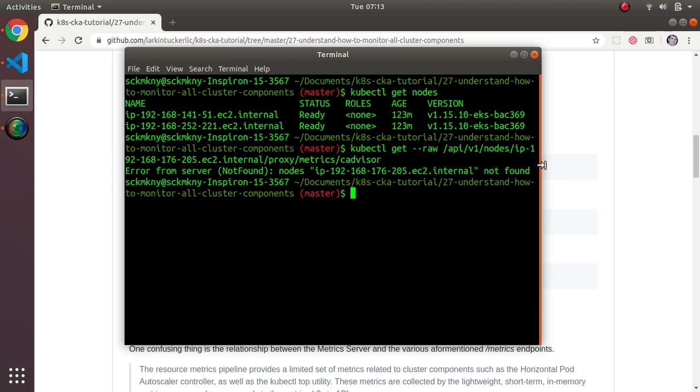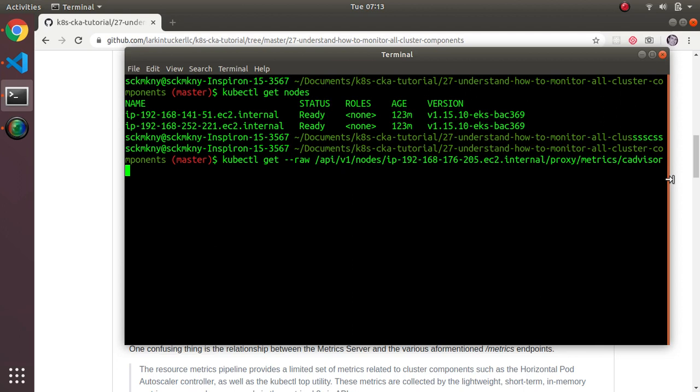This command is just another raw command, and what I'm doing is going to the node. There's an API on the API server where I go to the node and then make a proxy command, which will turn around and connect to the kubelet running on a node, and you can get details about the kubelet. So what I'm looking at here is, if I go to nodes, if I paste in the actual node name,